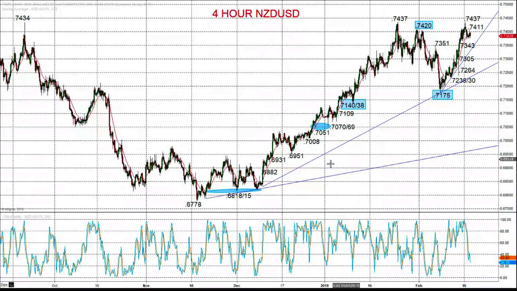The tale of the last part of this year has been US dollar weakness, with an anticipation of a global growth story, and then through early February the whole risk-off move we saw with the equity market meltdown. With that we saw dollar strength as a flight to quality, setting the New Zealand dollar back. Over the last week, as equity markets have rebounded, we've seen the New Zealand dollar re-strengthening, pushing back up to match the January peak just last week at 74.37, and really anticipating further gains.